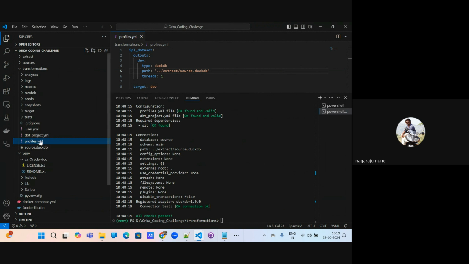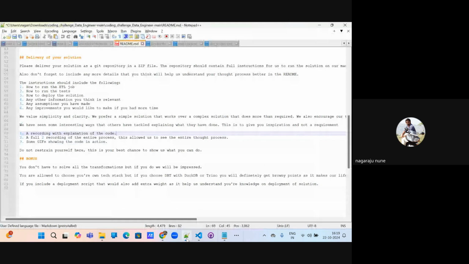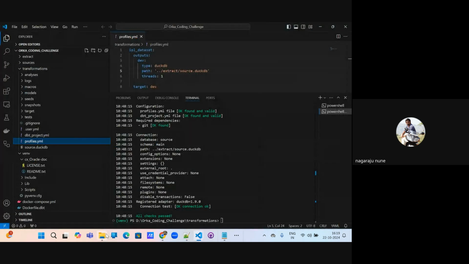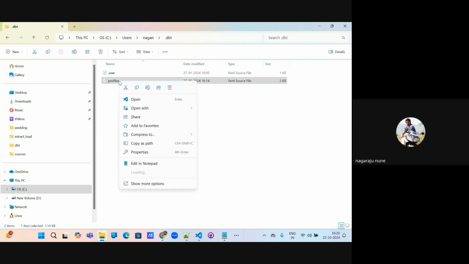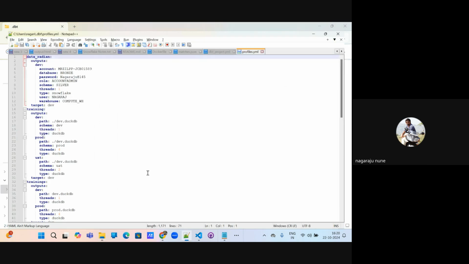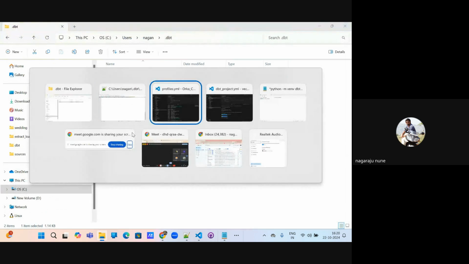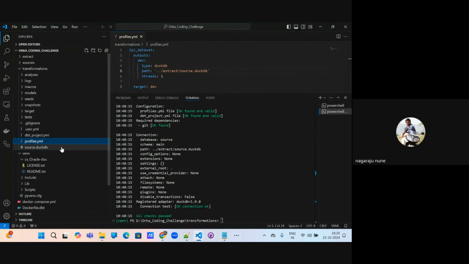So for that reason, what you have to do is create a profiles file with a similar configuration like this, in your actual DBT folder where all the models and macros, everything is there, right? You have to create a profiles file there itself. So while running the commands, now DBT sometimes, if you see,